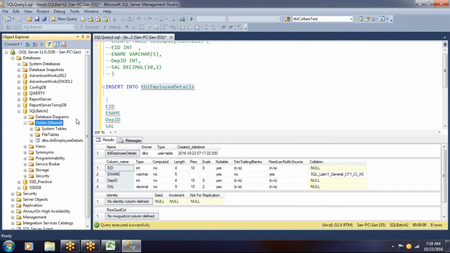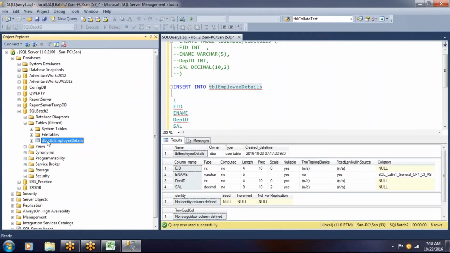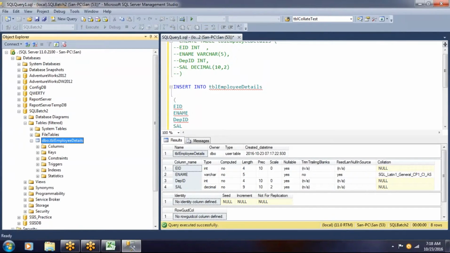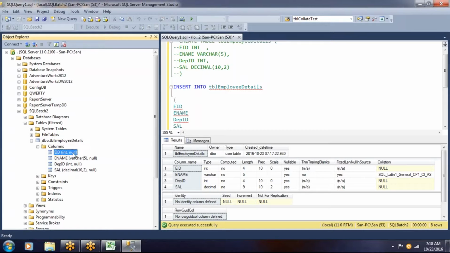If you see dbo.employee details, why has dbo come? Whenever you create a table without any schema, by default it will take the dbo schema. What a schema is, I will tell you in the next sessions. If you see the columns here, you can see all the columns and their data types, and what this null is and why it is null, we will discuss now.